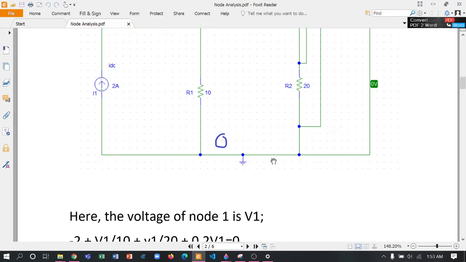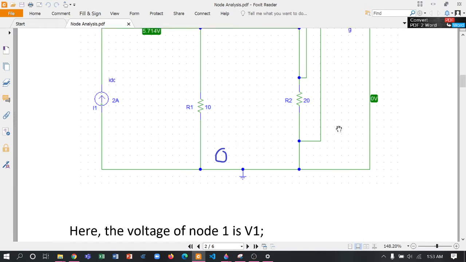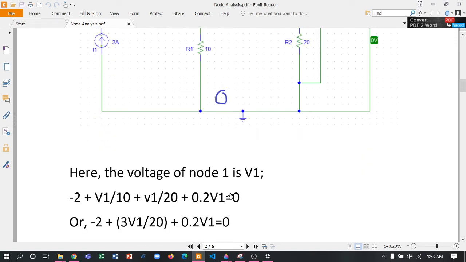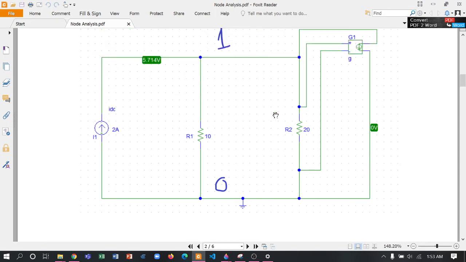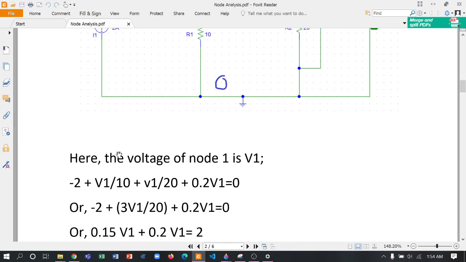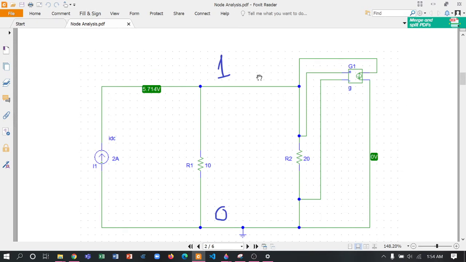And at last there is a current going from this node to 0. So the current is 0.2 V1. So the gain of this voltage dependent current source is 0.2. So this is 0.2 V1. So we have got all these things, and in this case KCL, when you assume that the current is flowing from the node to outside, and you sum up those currents, you will get 0, and it is universal,